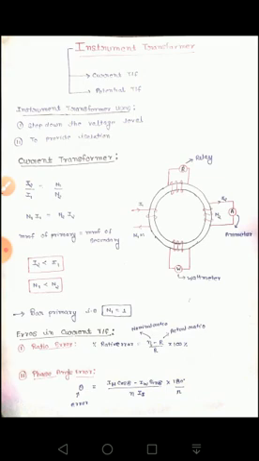Why do we use instrument transformer? As we know, in power system, the currents and voltages are very large. Therefore, their direct measurements are not possible. Second, it might appear that the extension of range could be conveniently done by the use of shunts for currents and multipliers for voltage measurements as in DC.